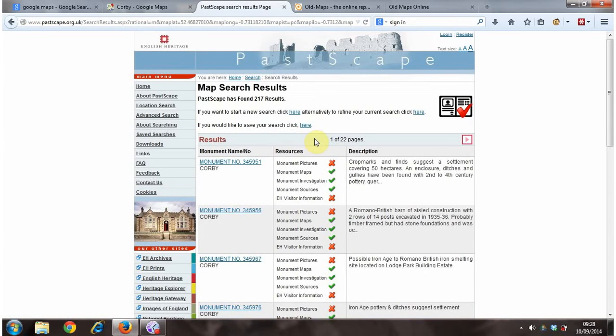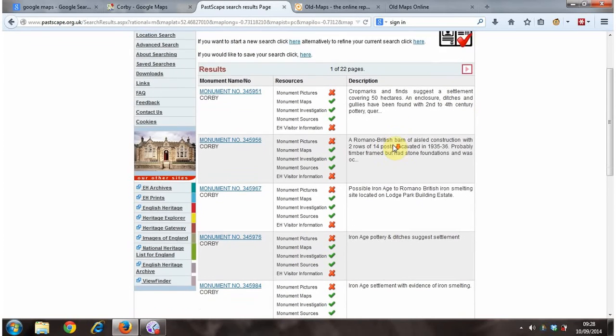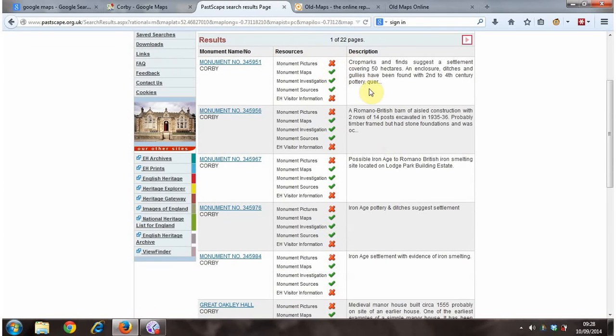and then it brings up the result page. You've got a monument number, which is Corby. It's in Corby. And you've got a brief description here. This one's crop marks and finds suggest a settlement covering 50 hectares. An enclosure ditch, gullies have been found with 2nd and 4th century pottery. And then you can click on that, and